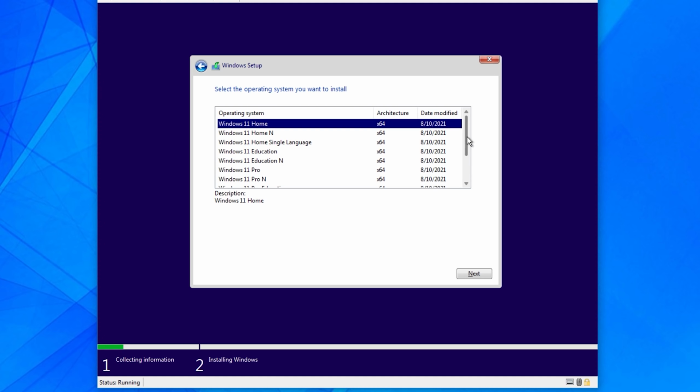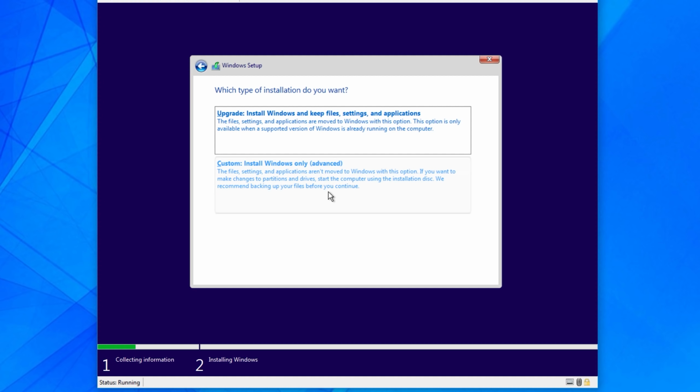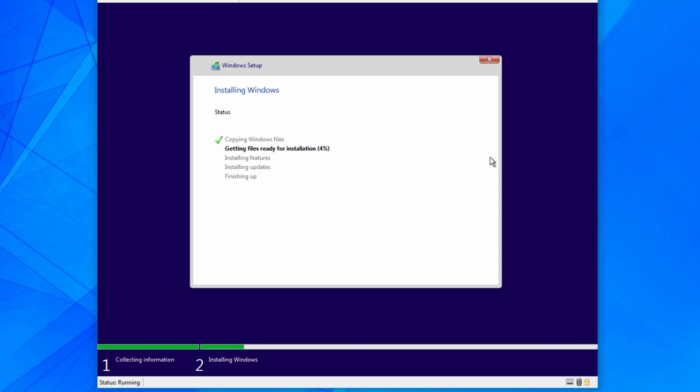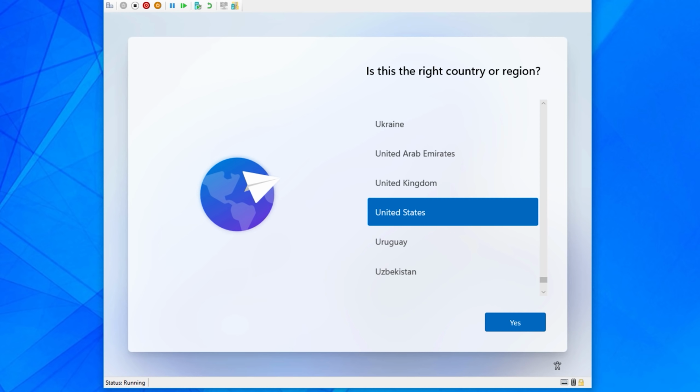We can choose, let's go with Pro, why not? And we're gonna do a custom install. So I'll just fast forward until it's done here, but so far it looks pretty much exactly the same as previous installations, but I think when it's actually installed and then the first boot up, that's where things are gonna look different. All right, so it finally installed.